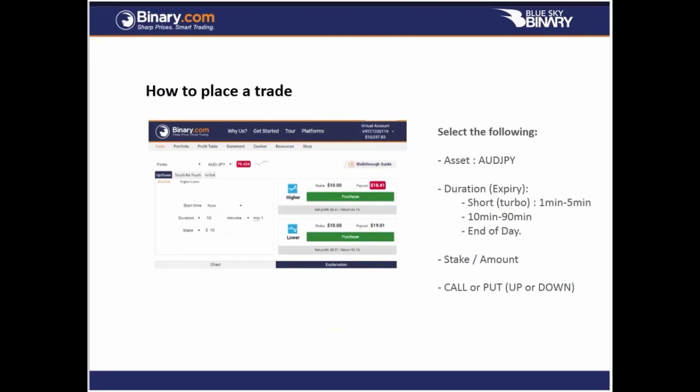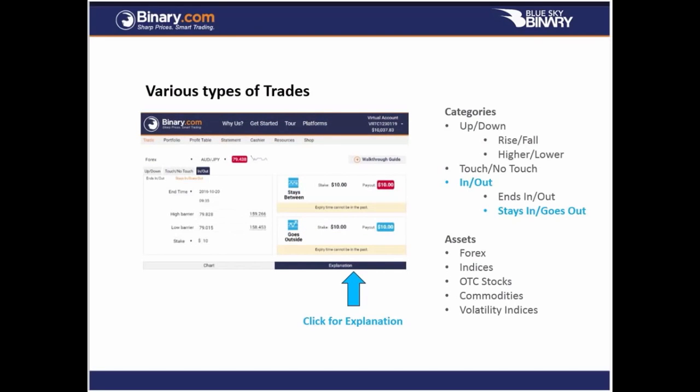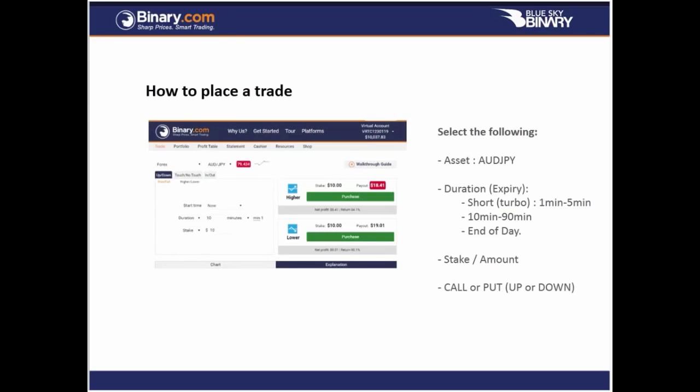Last but not least, how do we place a trade in the Binary.com platform? We have to select the asset at first, which can be Forex, some indices, OTC stocks, commodities or volatility indices. Then we have to select the duration, which is the expiry, and that can be short,